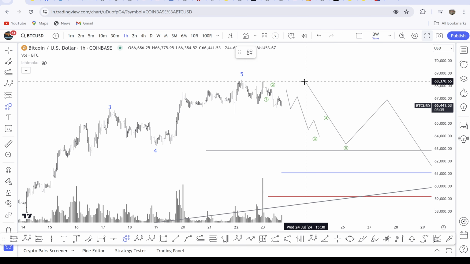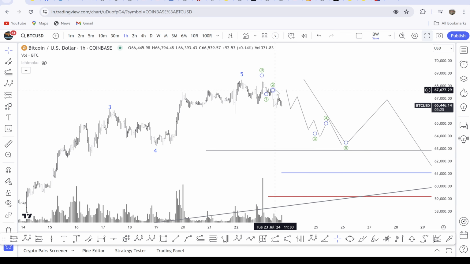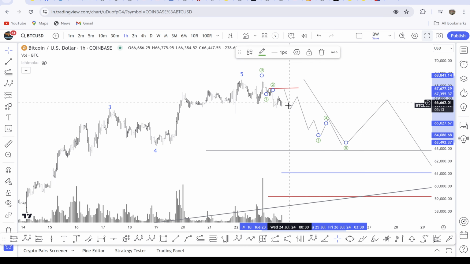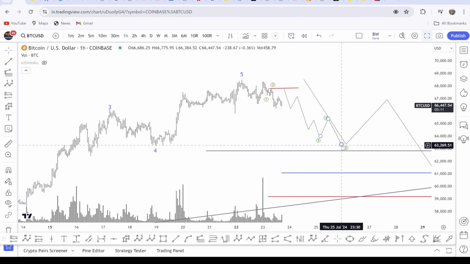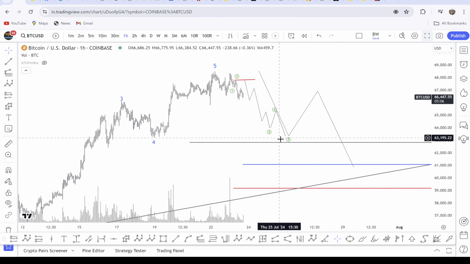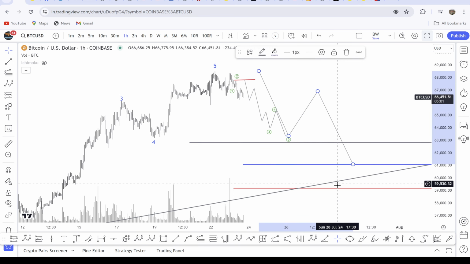And you can see here, this is 4 and 5. Yeah, this is the part of third wave. Inside the third wave, 1, 2, 3, 4, 5. Here our third wave will complete, then fourth and fifth. And then we may see a retracement of this rally. That is the B wave and then again C wave. So